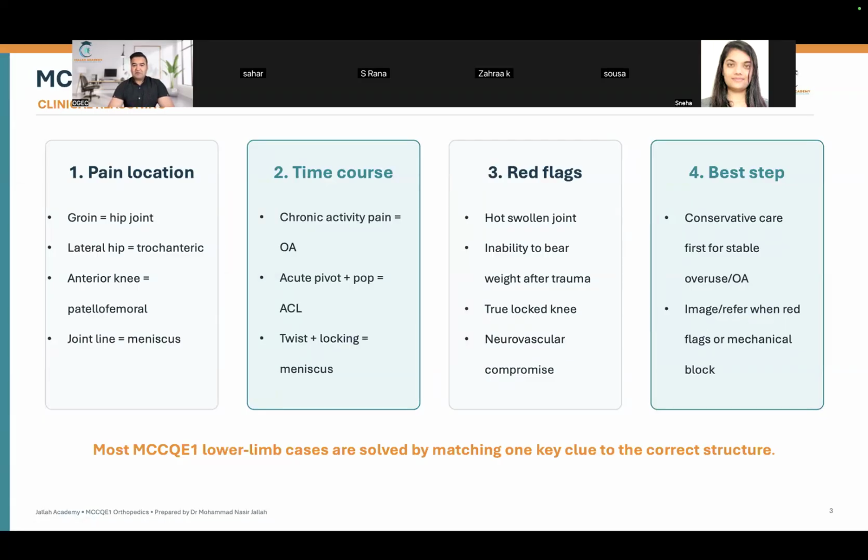Now, in terms of time and course, chronic activity pain is usually osteoarthritis. So if they give you a clinical vignette about somebody who has chronic activity pain,